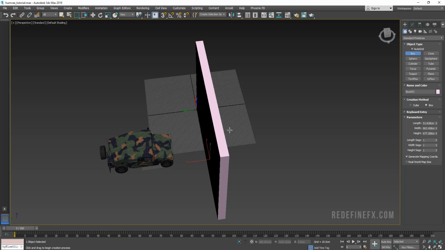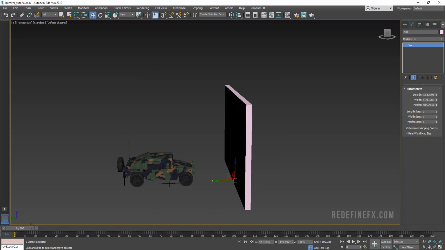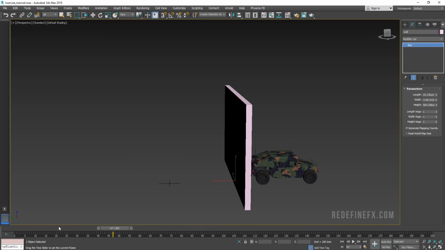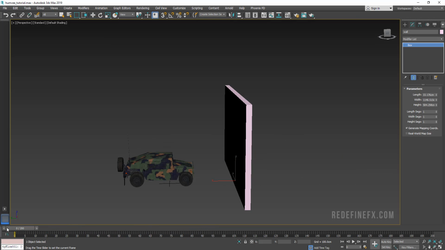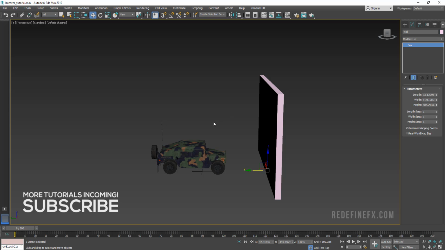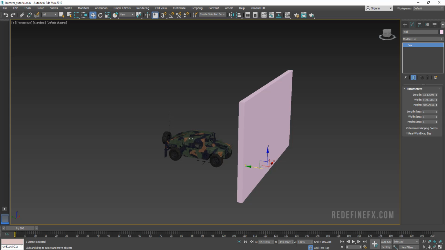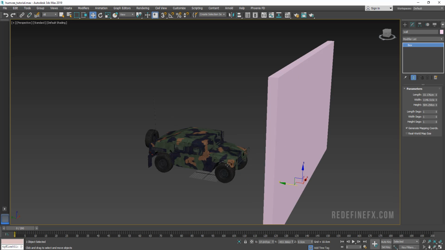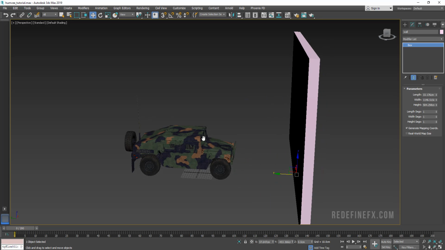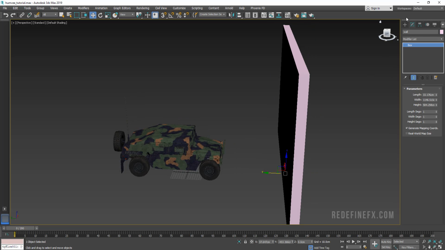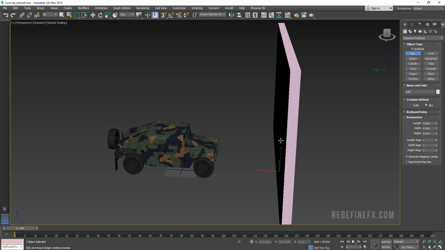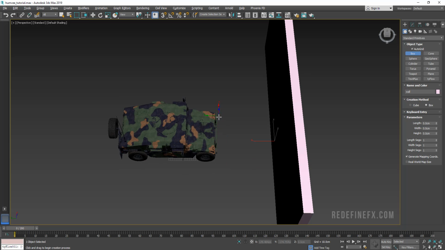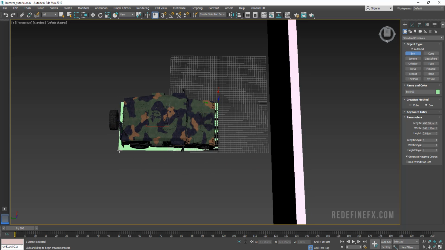So maybe do something like that. And I already animated the car across 80 frames to go forward. So now actually what I want to do is create a little bit of an effects placeholder, just because adding all of this geometry as a collision object to tyFlow, as fast as tyFlow is, it can get kind of slow. So what I did just to get the iteration process going faster was just create a box,